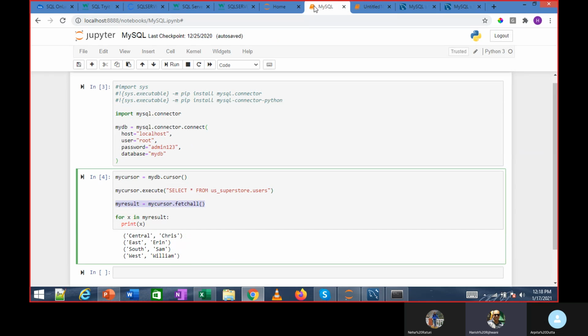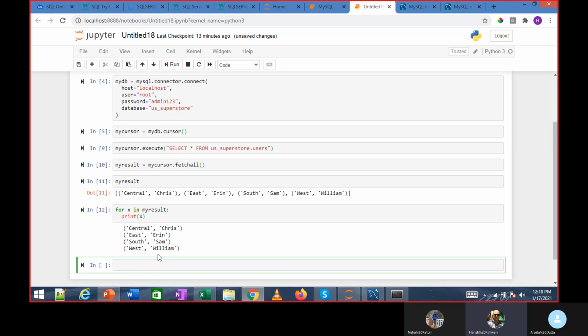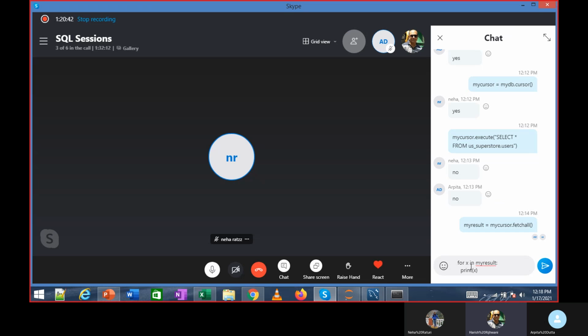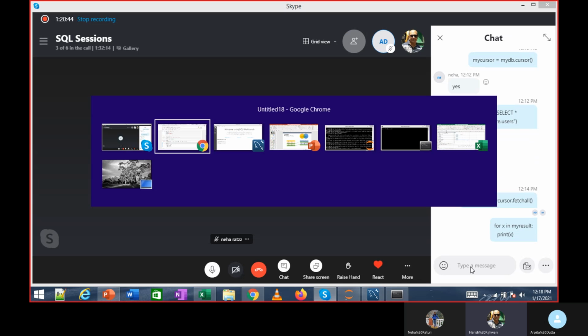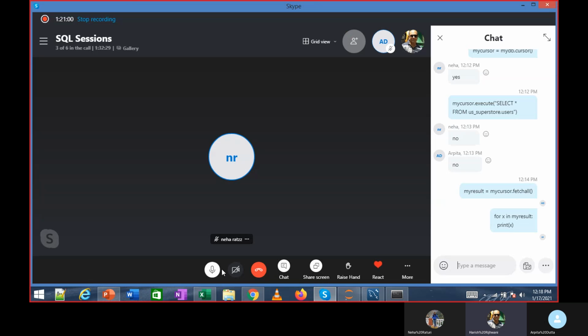Who are the users? I've got that data, and I can do a for loop like this. You get the output.